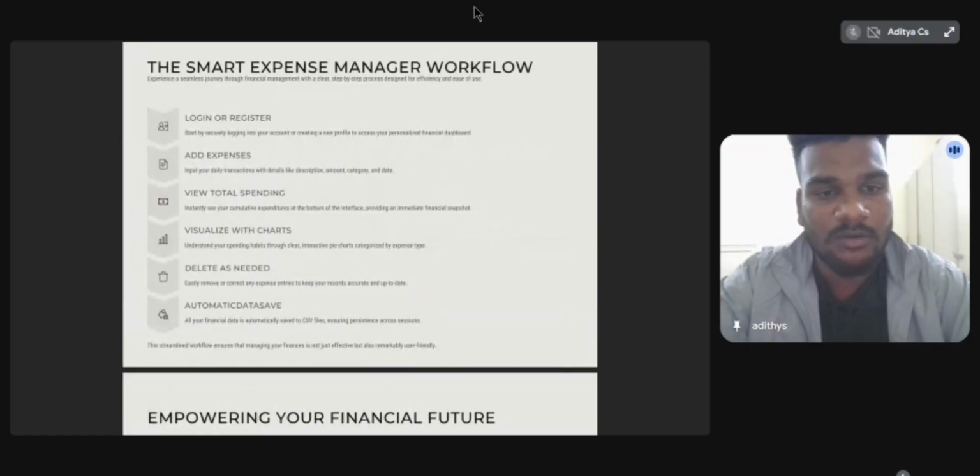Smart expense manager workflow. In the smart expense manager workflow, there are some points: login and registration, add expense, view total spending, visualize with charts, delete when needed, and automated data save. And the next slide,